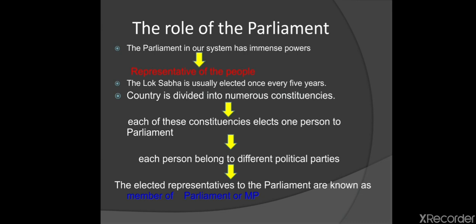The country is divided into numerous constituencies. Now, what do you mean by constituencies? First of all, you should know that Lok Sabha has 545 seats, meaning 545 members can be added in the Lok Sabha. You should also know what a constituency is. So what is a constituency? Constituency means, if you talk about India,